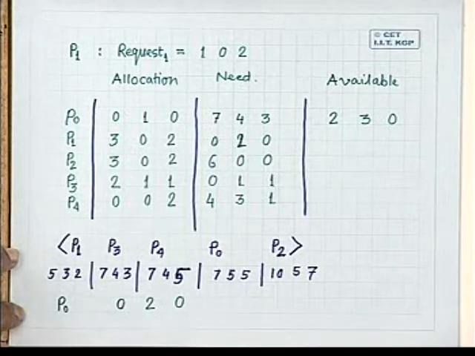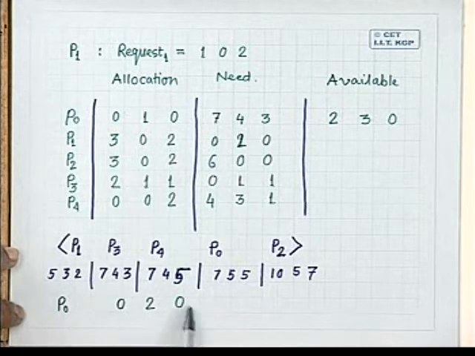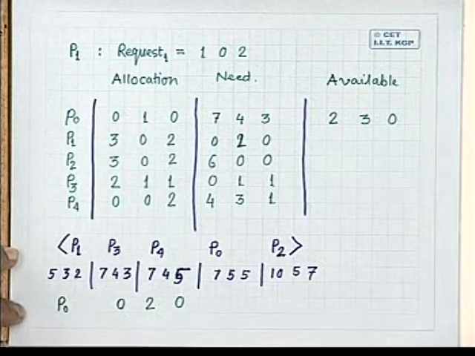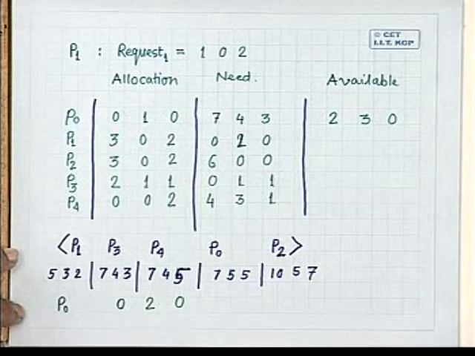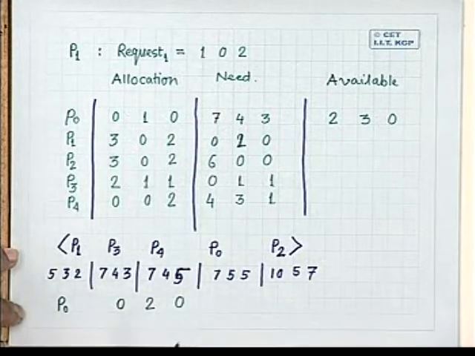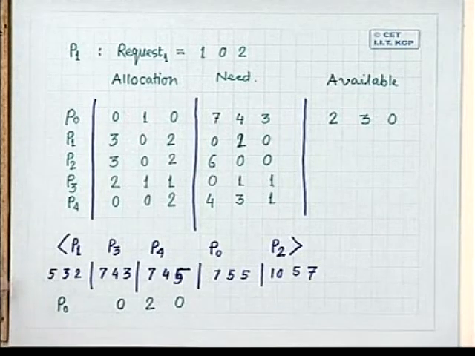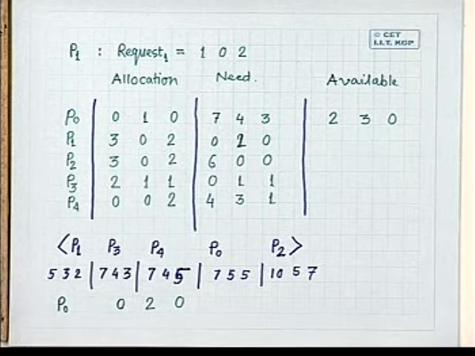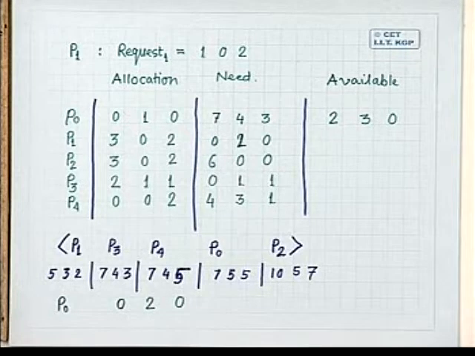You take this as an exercise. You try to find out whether this request can be met or not. But you have decided the sequence to be P1, P3, P4, P0, P2. That you know is a safe sequence. That does not mean that this is the sequence in which the processes will be complete. It only says that there is a way in which the processes can complete. But it does not mean that this is the only way. It just says there is a way.